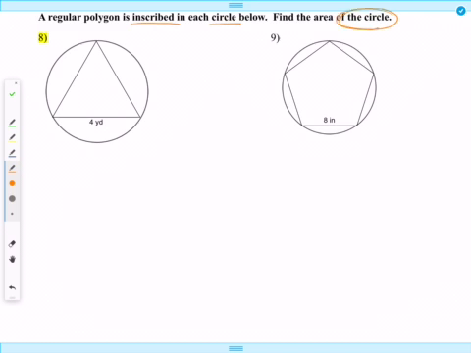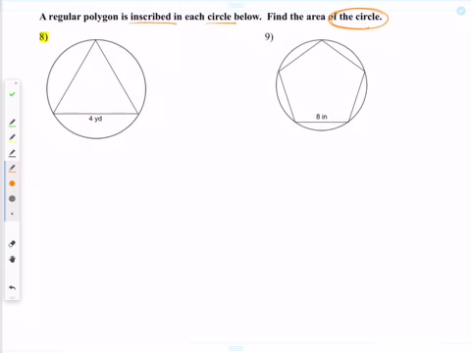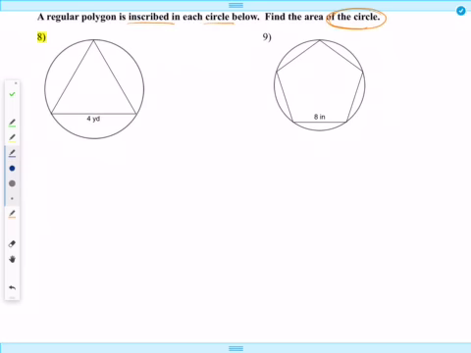So we're used to seeing these regular polygons, and we know how to find the area of those. That's like what we did on number 7. But what they asked us to find is the area of the circle. So if you remember from when you found the area of a circle before, the area of a circle is pi r squared. So what we need to do is figure out what that r, that radius